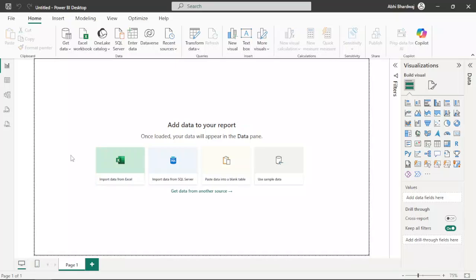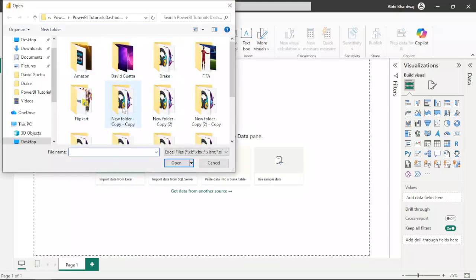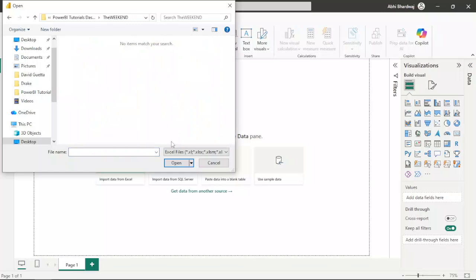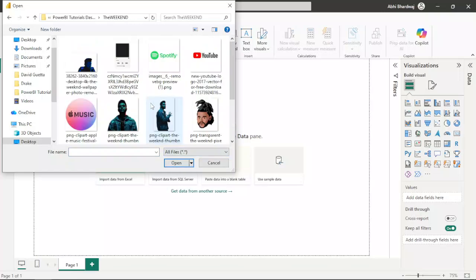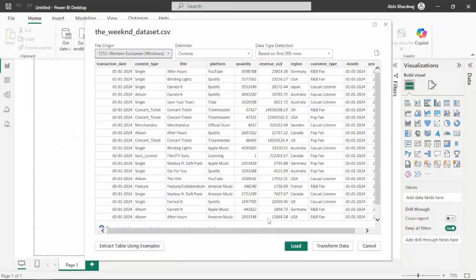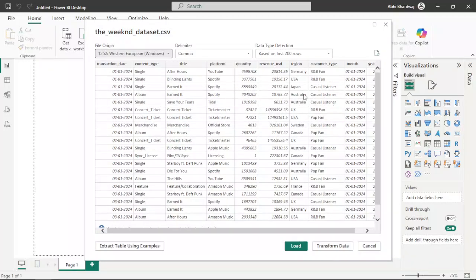So the first thing first, we have to load the data. Okay, so let's do that. So the CSV file is being uploaded. Okay, so this is the data which we are going to visualize, and the Weeknd's